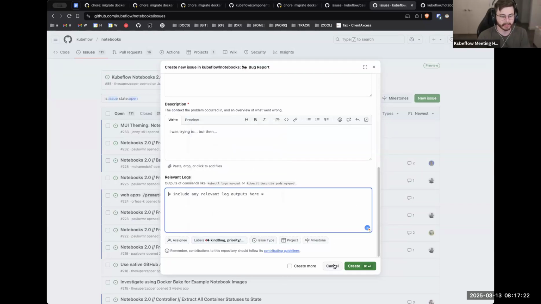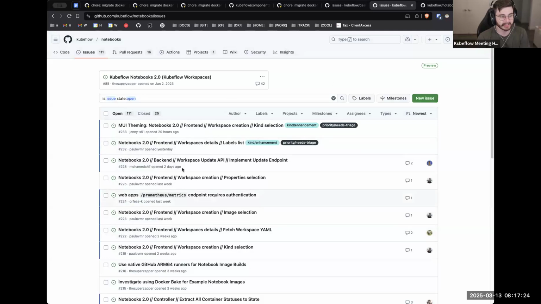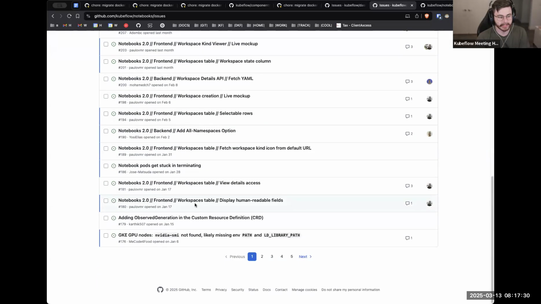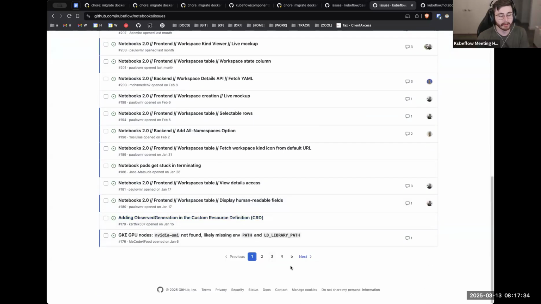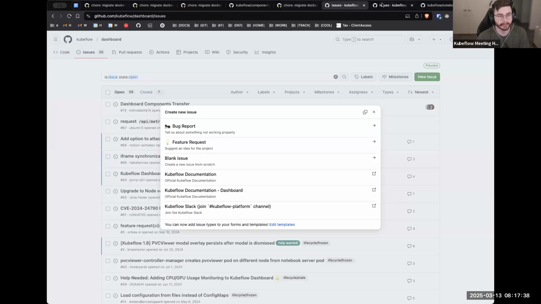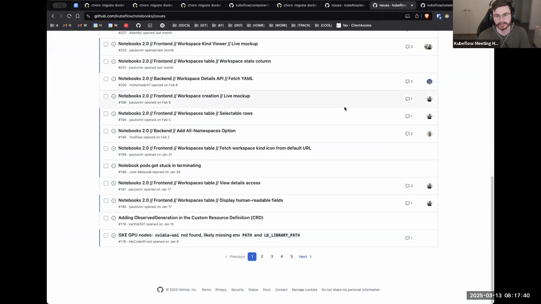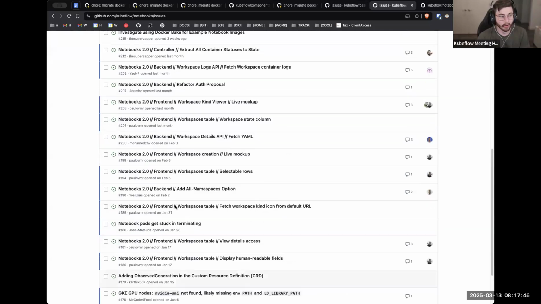The other thing I just want to draw attention to is that we added a stale bot. I know there's a lot of debate in the community around stale bots, but I did add a stale thing just so that we can be aware of issues that are really, really stale. The problem is that because all the issues were migrated from the Kubeflow repo, a lot of them are older than the stale bot's activity threshold in GitHub's mind. So they all right now